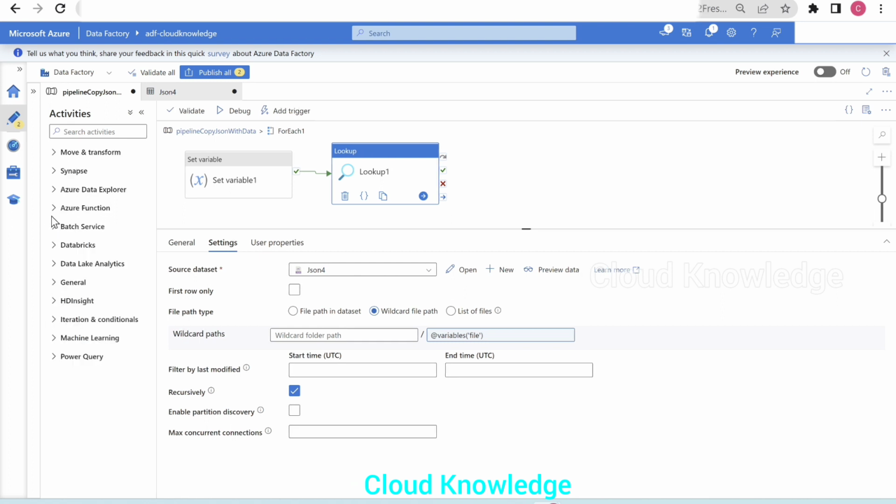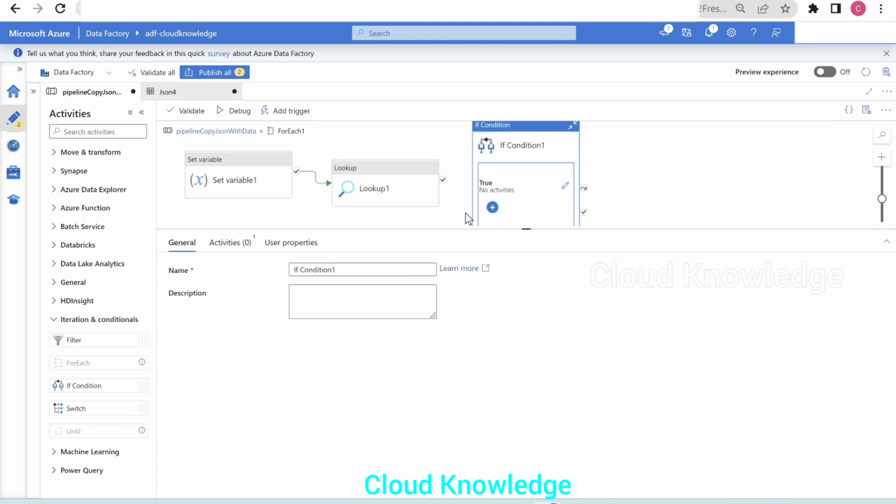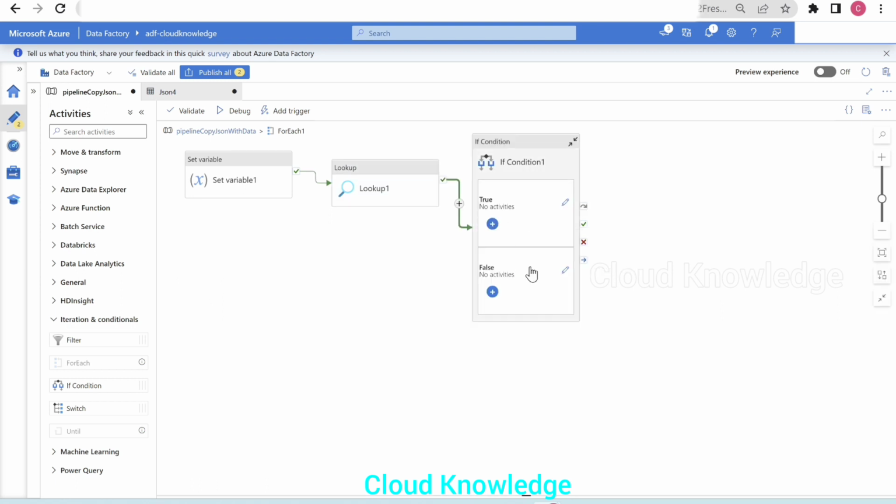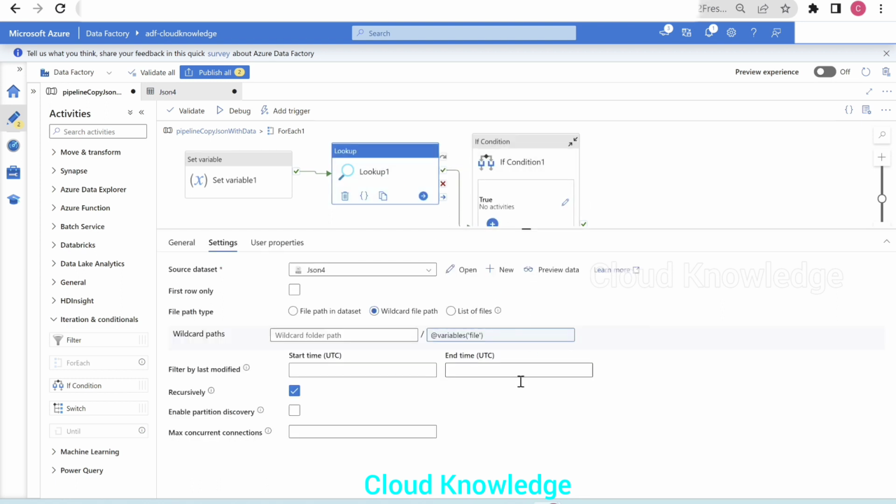If we go to iteration and conditionals, here we have the if condition activity. We'll take this if condition activity onto the canvas and connect the lookup activity to it. Now lookup is connected to the if condition, and we'll click on the if condition.